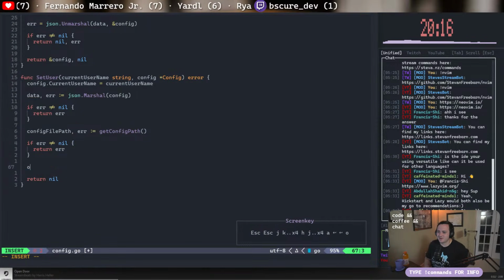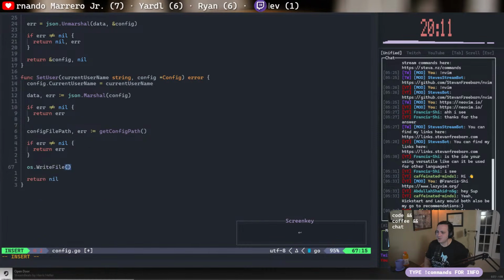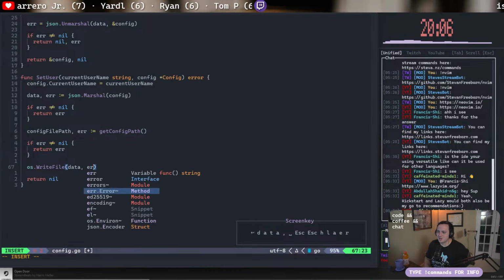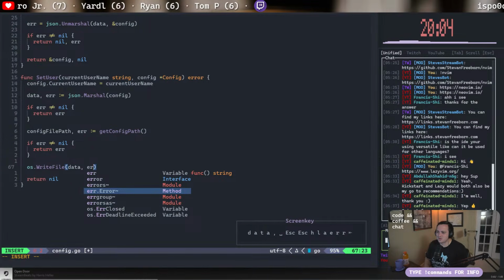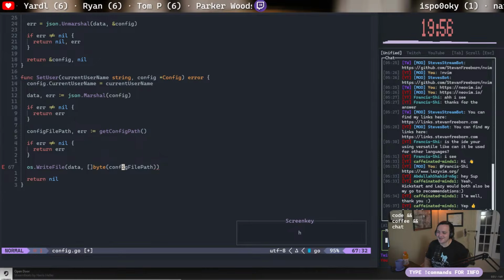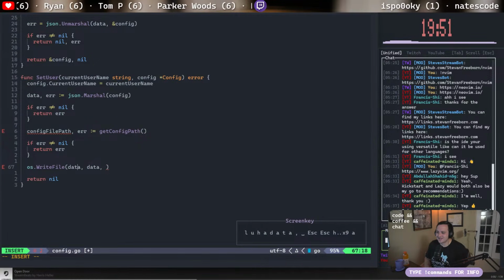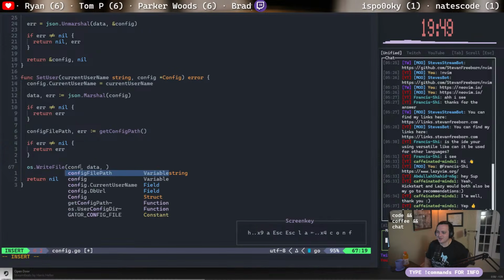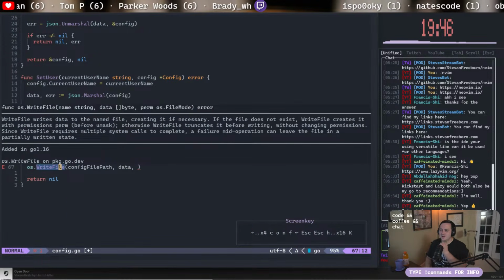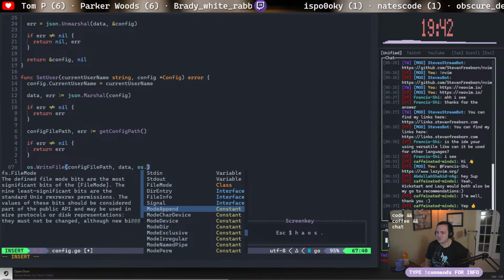Okay, now that we have that, we can do os.WriteFile. And this would be data and config file path and something else. Yep, a snippet for error handling is so useful there. Yeah, that's what I figured was the case. I've never been one to really use snippets much, but